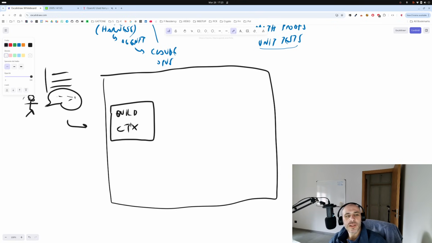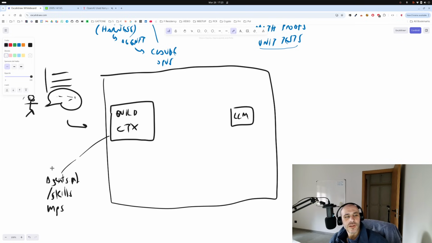So there is a build context step. What happens in here? For example, the language model is still here, the large language model. We are going to load the agents.md. We are going to load the skills descriptions. We are going to load the MCP servers description and the tools they contain.